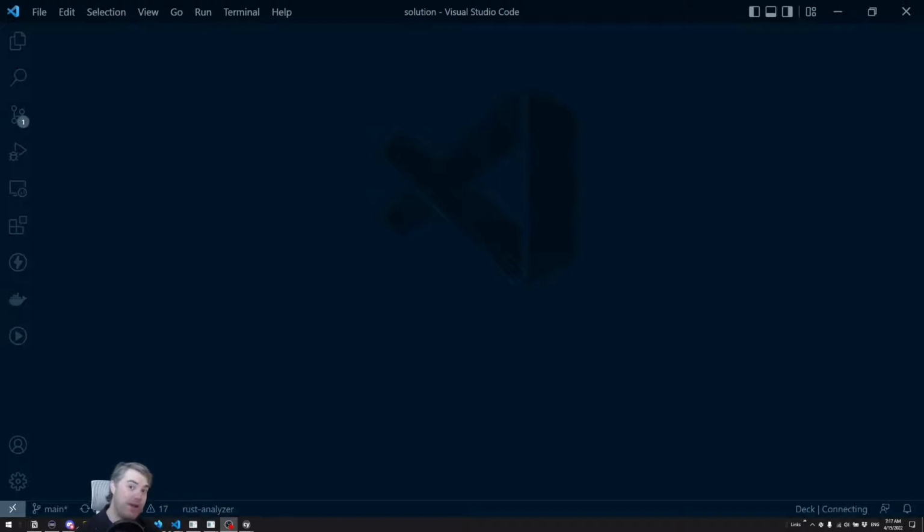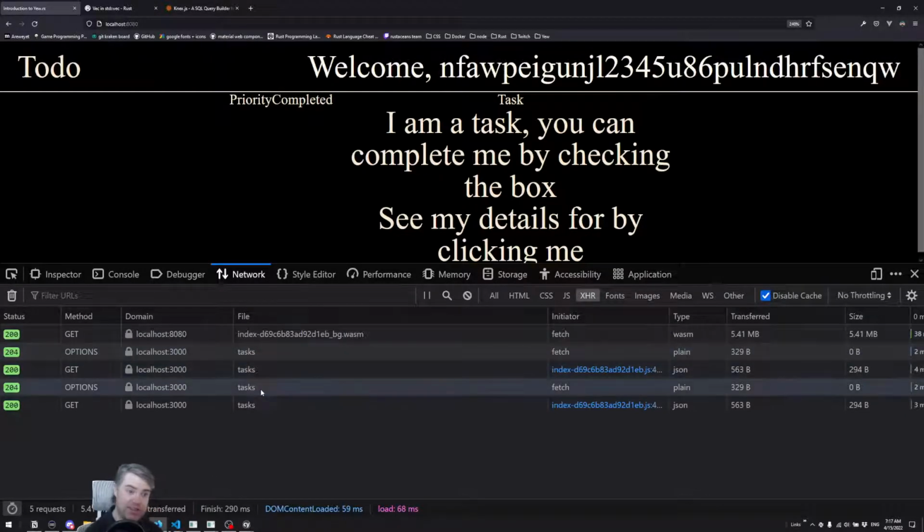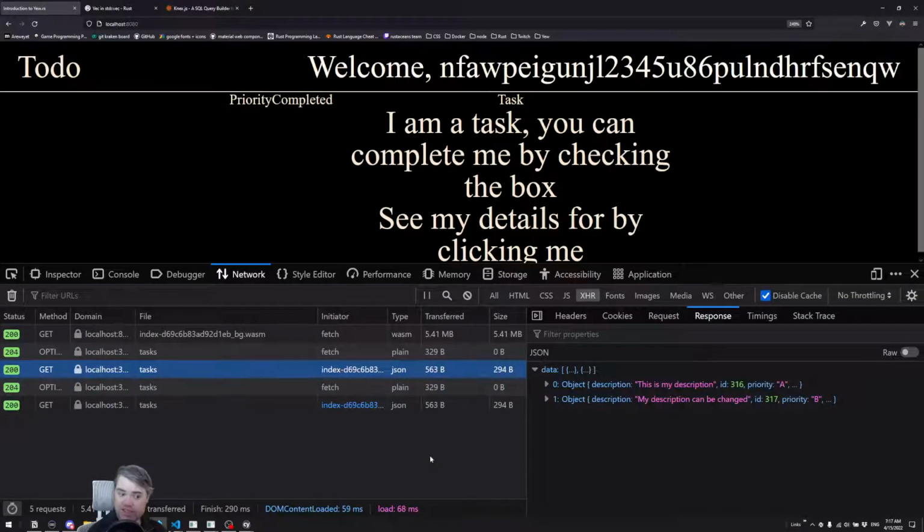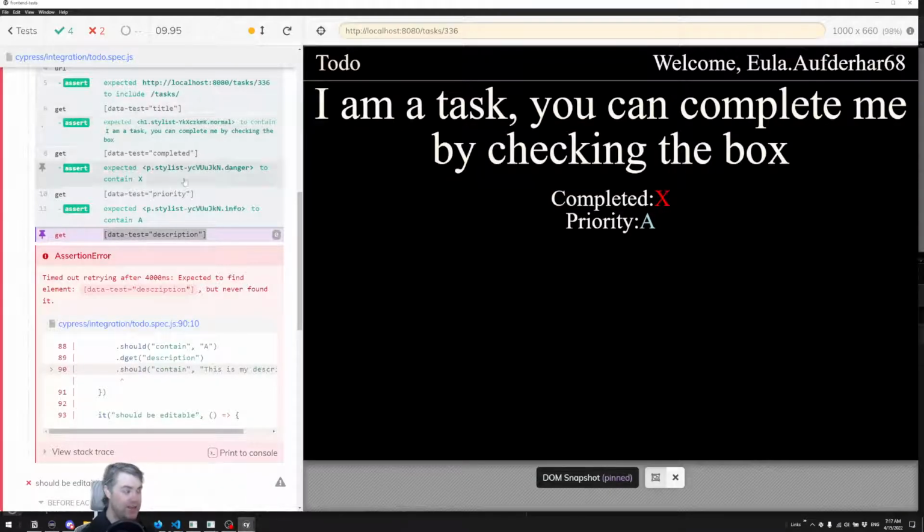All right, we are back, and I figured out what was going on with our database. In the backend, which is a Node.js Express backend that I created for this, so it's not really part of the course, our tasks were coming in a completely random order. Most of the time they were coming in order of creation, but sometimes they would stop doing that and come in a different order. So I went in there and threw an order by on the SQL query, and that fixed it all up. So if we come back to our Cypress tests, we'll see that we get past that section